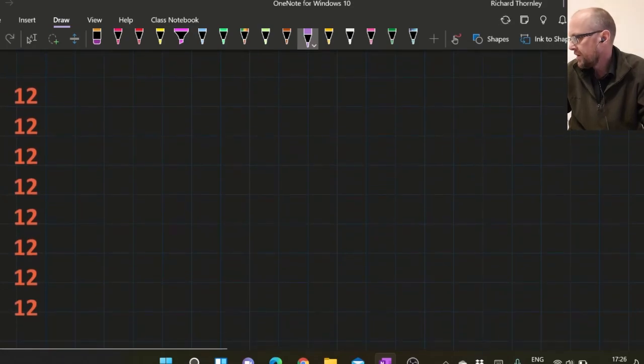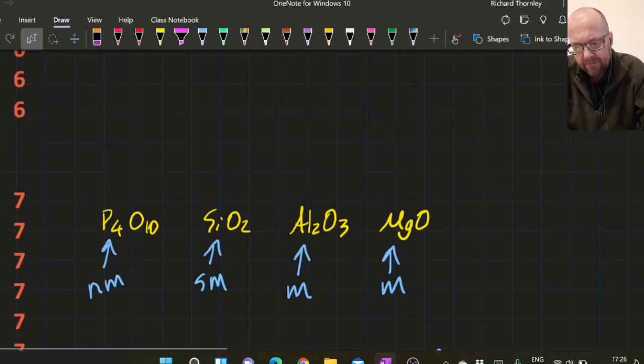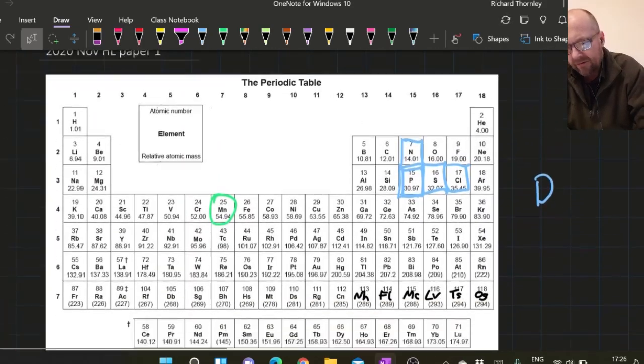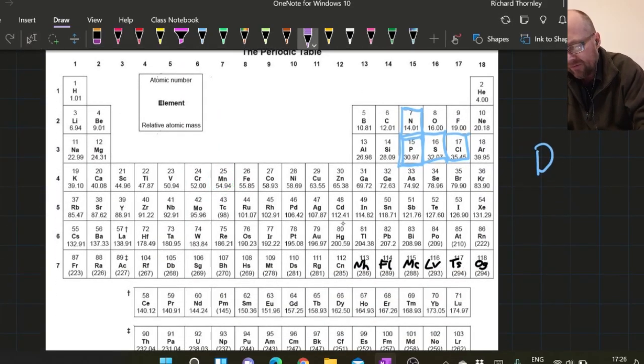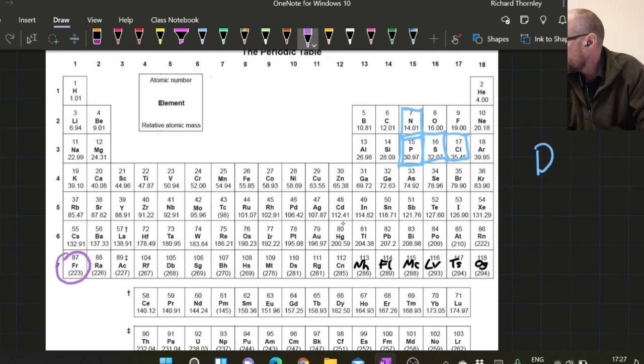12, metallic bonding from strongest to weakest. All right, so the weakest metallic bond is francium. It's probably a liquid, no one's really sure. And so the further you get from francium, the stronger they are. So let's have a look. We want to do strongest first. So we have